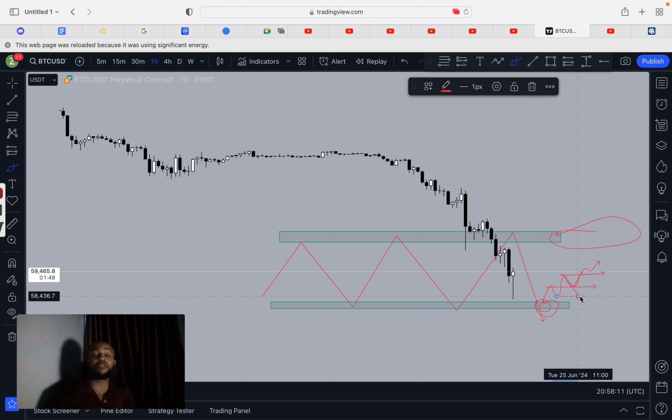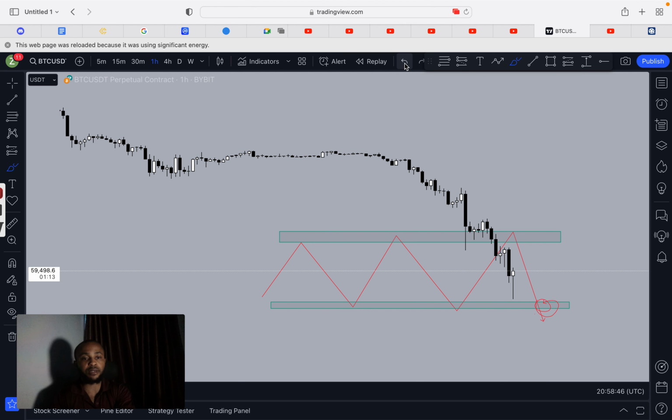So if you want to be trading on the lower time frame support and resistance level, you need to make sure that you're risking very low. So you're risking maybe 0.5% of your account, or even 0.3%. That's just the truth, because it gives you a lower probability trade. But if you're on the daily support and resistance level, it gives you a higher probability trade. And then you can come to the 4 hours and look for the break and retest on the daily. Is everything I explained so far clear? If you have any questions, you can ask.